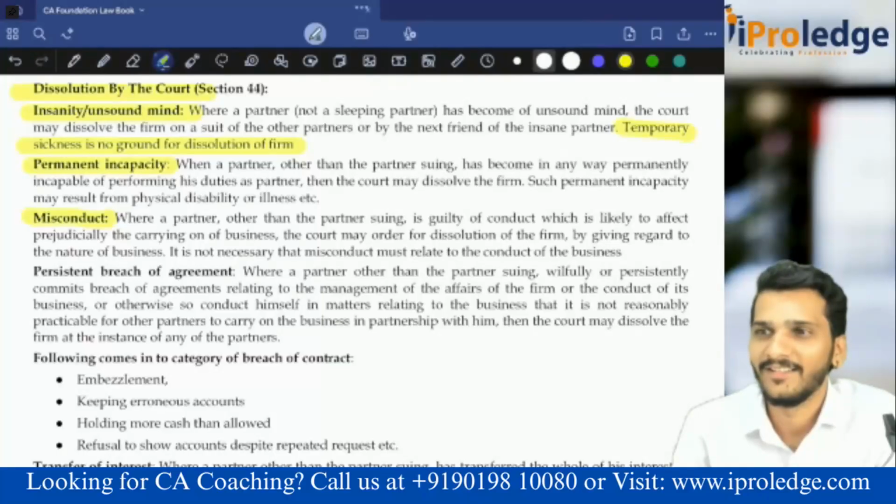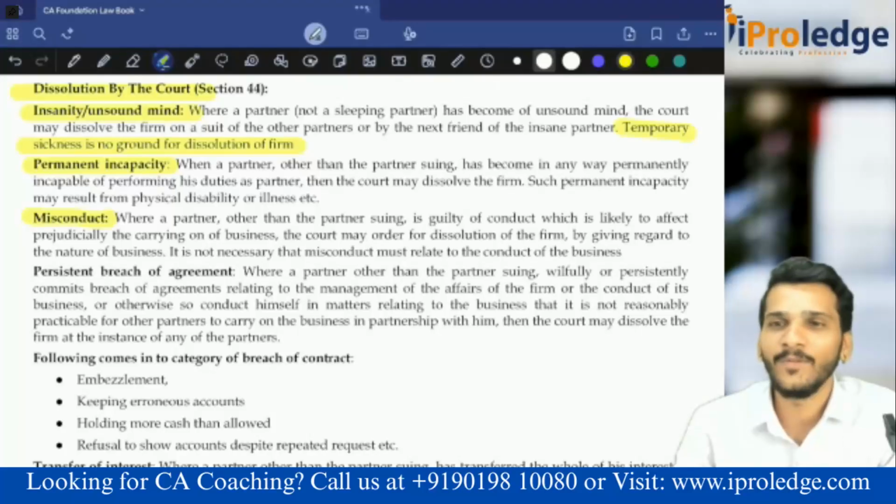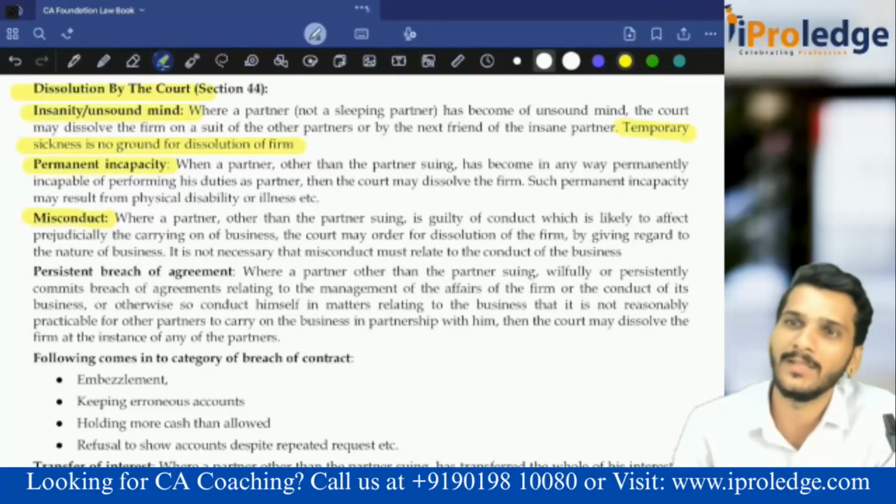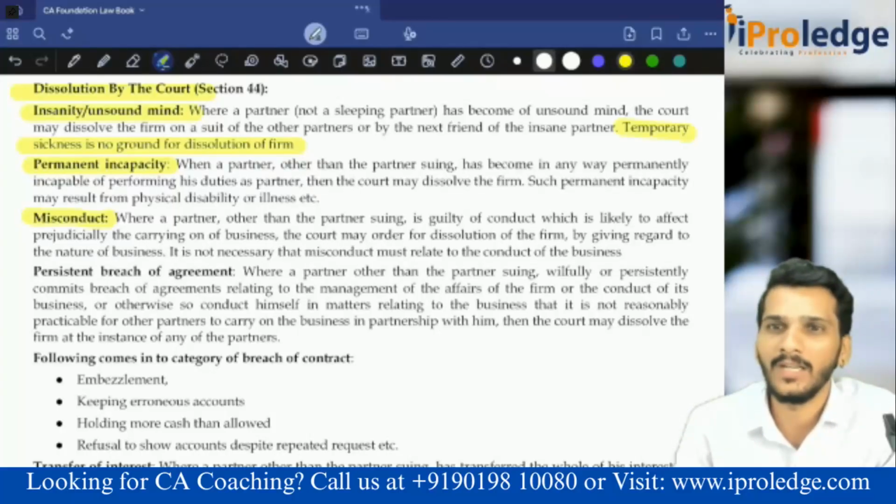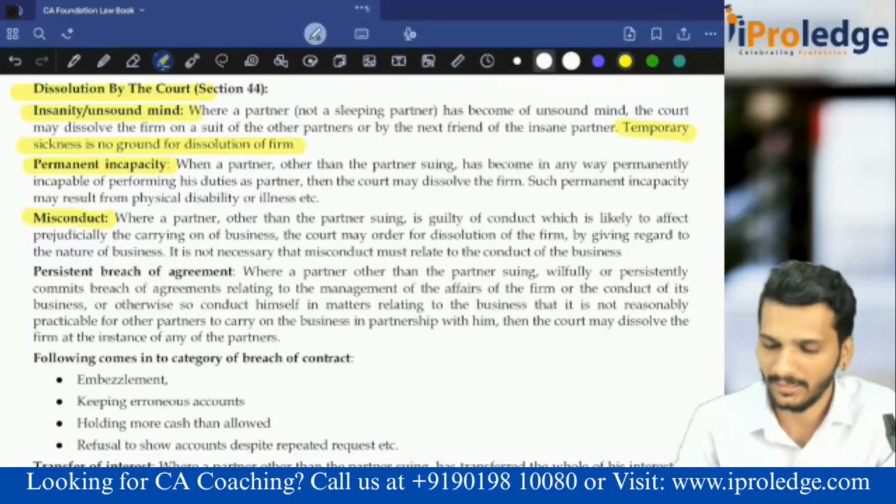the affairs of the firm. Anything which is not there in the partnership deed, if you are going outside and doing that, then we call it as misconduct. You are applying the partnership profits for some contribution to the political party fund. You can't contribute any fund money to the political party from a partnership firm. You can do it by way of company or individuality. That is what income tax recognized.